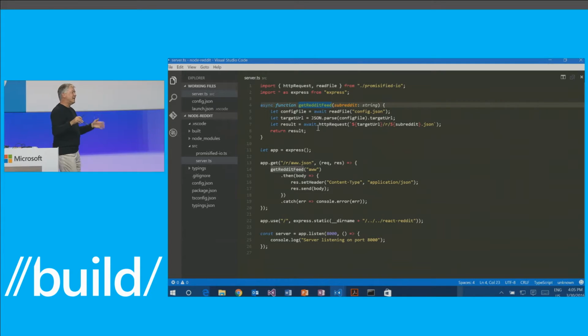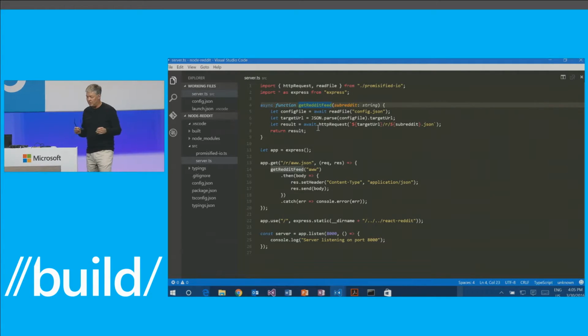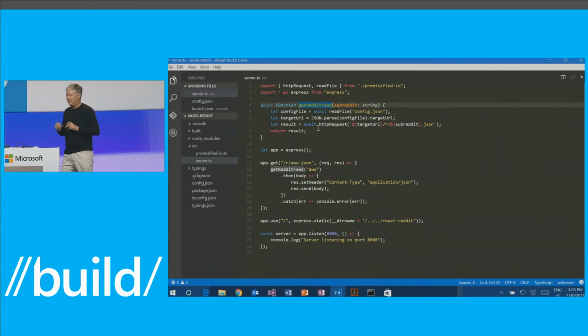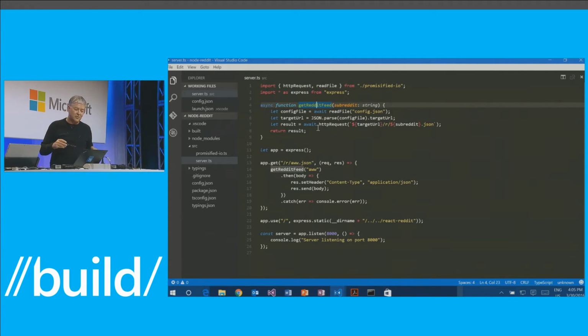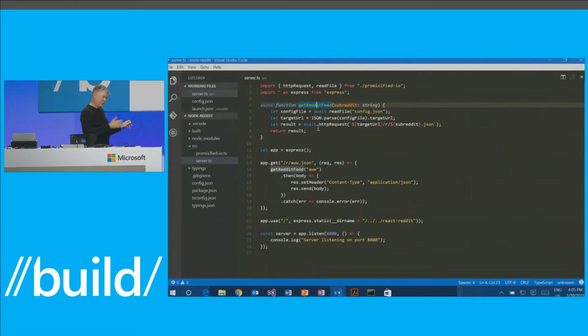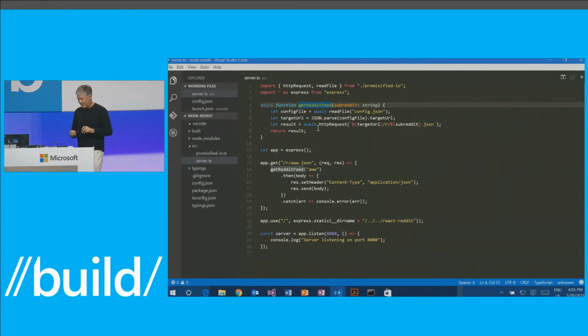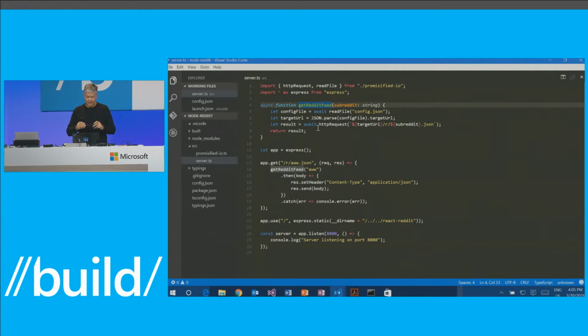This is the async await stuff that we added in TypeScript 1.7. I'm sure some of you, if you're using C#, you already are familiar with async await. And this is, in a sense, the JavaScript counterpart. This is slated for standardization. We all thought it was going to go into ES2016, but it looks like it's going to be ES2017. But it's working its way through the committee.